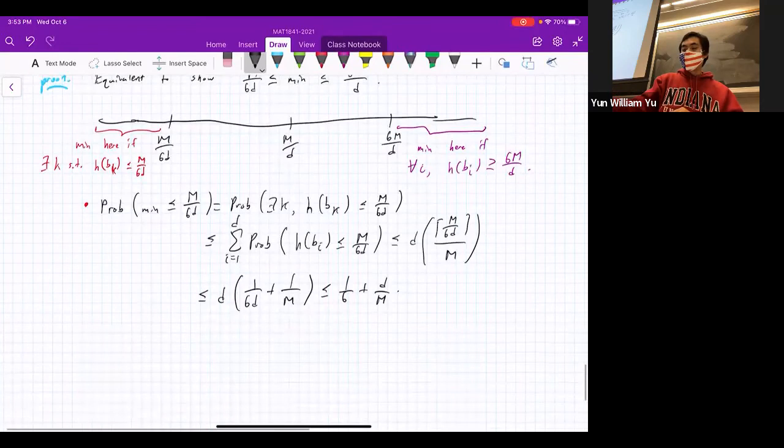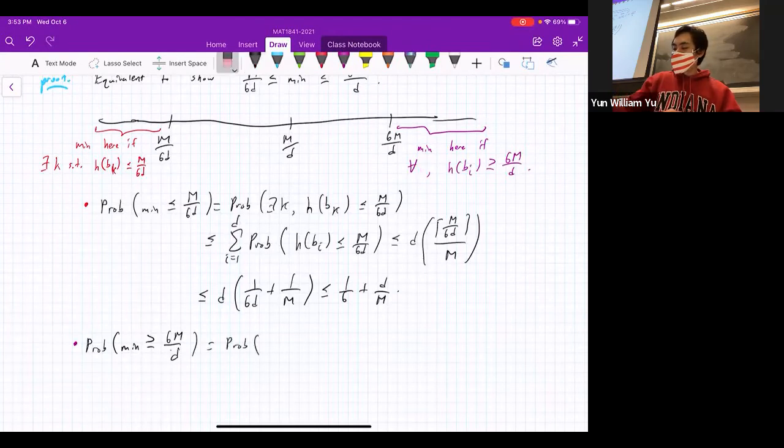And now all we need to do is bound the other side as well. So how do we bound the other side? Well, we use the same strategy. The probability of the minimum being greater than or equal to 6m over d is equal to the probability that for all k, h of bk is greater than or equal to 6m over d,